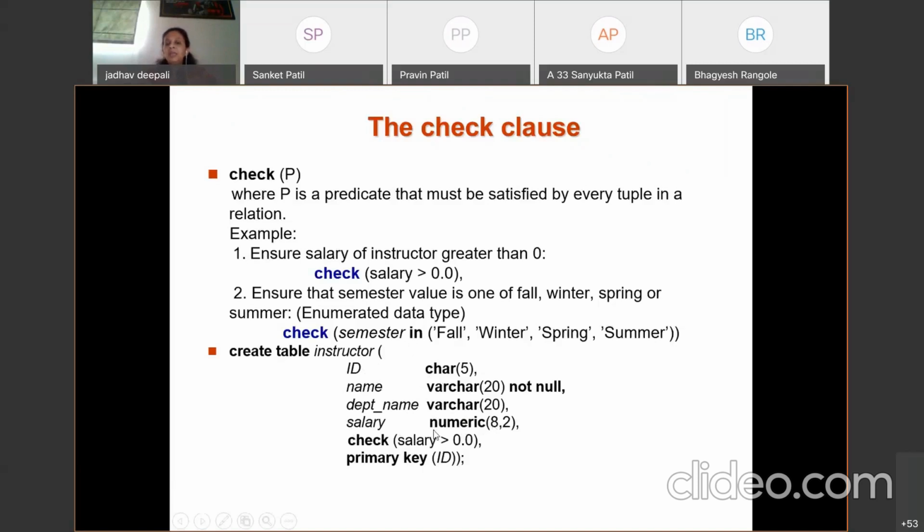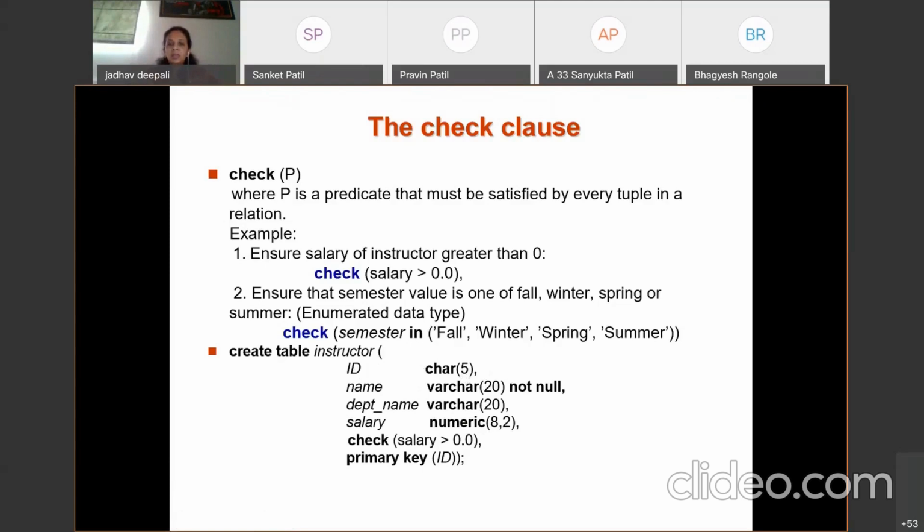Because here we declared it as numeric. Can we insert more than 5 characters for ID? No, we cannot, because here we gave the maximum length as 5. So that is also a constraint, and that is known as domain constraint. Remember this concept also.